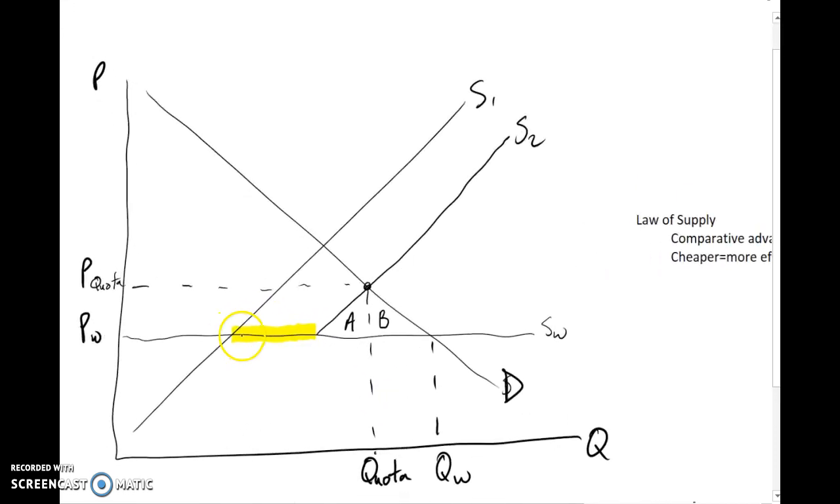So when we look at the quota, which is shown here in yellow in the highlighting, what we understand is that that level PW, we can call that like $5 or something like that, is cheaper than what the domestic supply curve S1, which shifts over to S2, is able to do. So when we start to look at this point here,